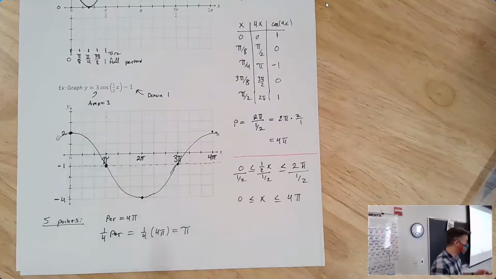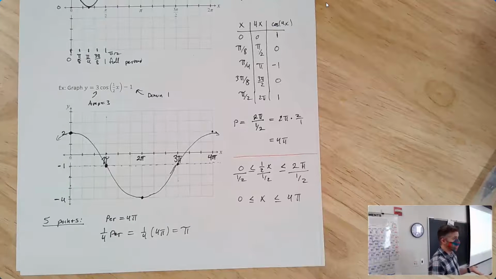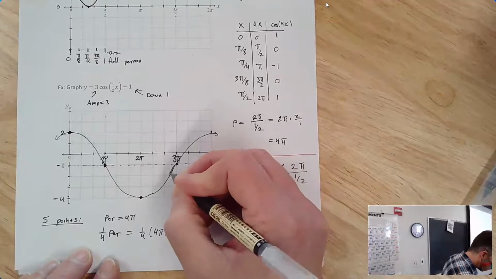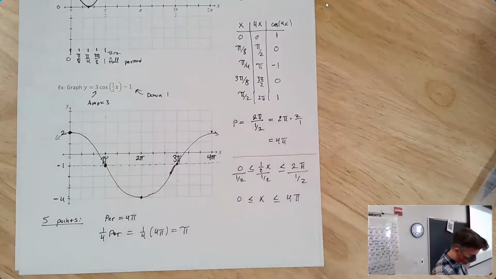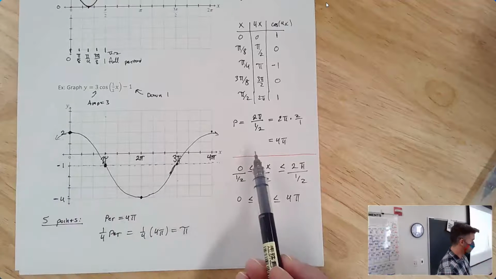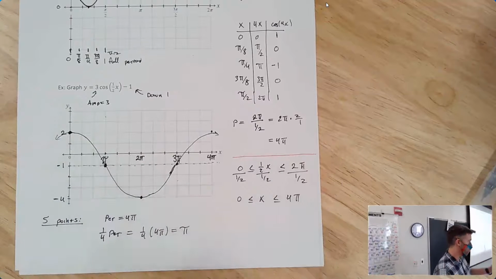So that's getting that value. You don't need to check them, but you do need to think about how it works. When I'm graphing this, I'm really thinking about the shape, right? We could check all these values, but I can find my 5 important points. I know that the cosine shape looks like this. And so then I'm just going to put it all on the graph and not think too hard